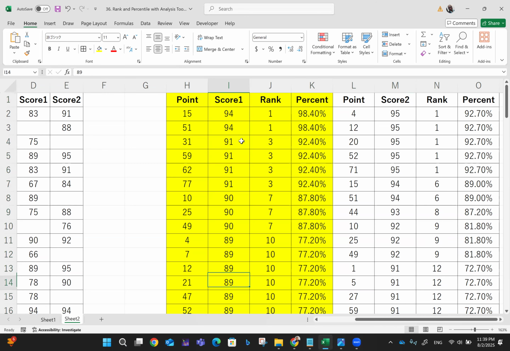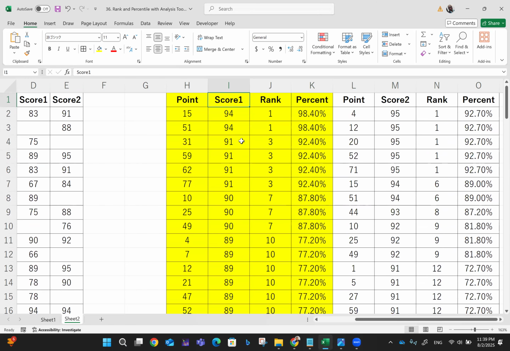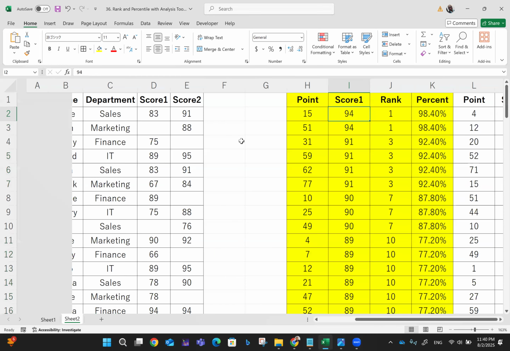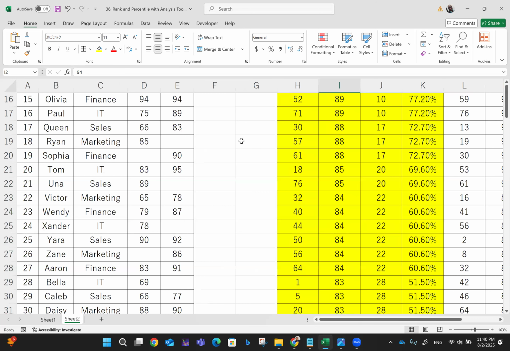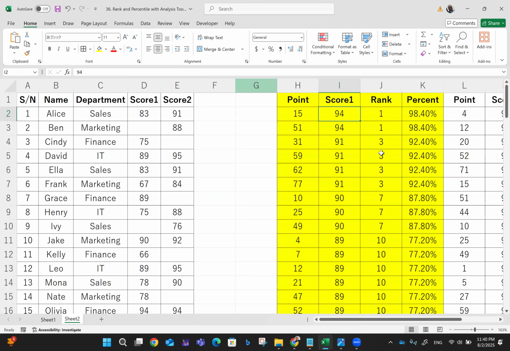Who is the last person? Okay, what happens to the repeated values? I think that's also another thing to consider. So 4 people, 1, 2, 3, 4, got 91. So these 4 people have all been ranked. You can see 2 people have already been ranked number 1 because they both got 94. Olivia, at number 15, and number 51, that's Yusuf. Olivia and Yusuf both got 94, and they are both ranked 1, and they are better than 98.4% of the